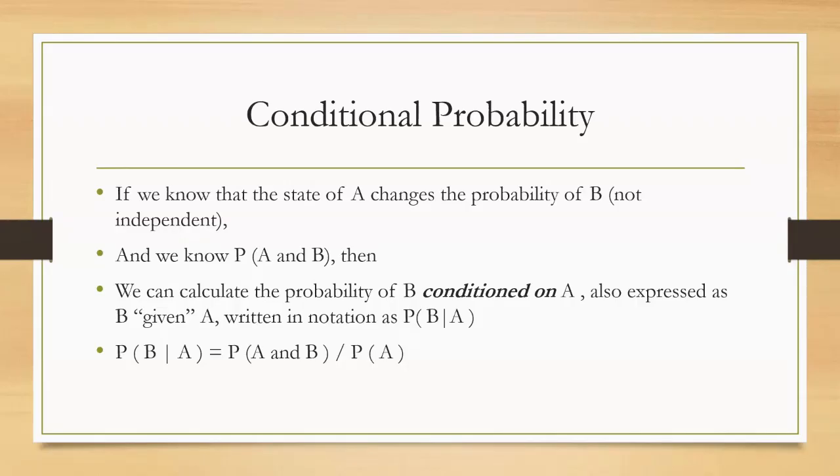So 41 days out of 365 days is 11%. If you didn't know what day of the year it was, and I asked you what's the probability of it raining,